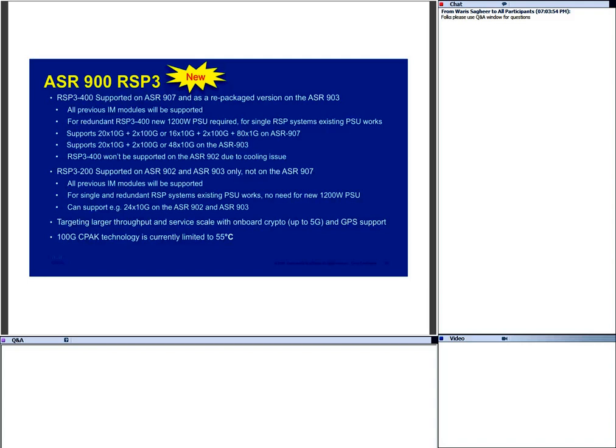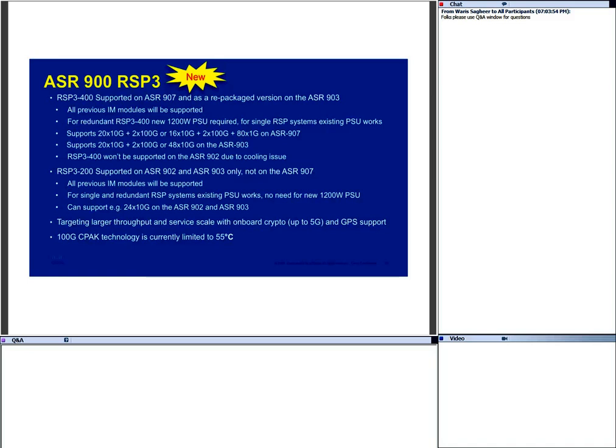So RSP3 200, right? There are two variants of RSP3, one is 400 gig and the other 200 gig. I was talking mostly about the 400 gig. Now I want to dive down and talk about RSP3 200. The RSP3 200 is going to be supported on the 902 and 903 only. It's not going to be supported on the 907